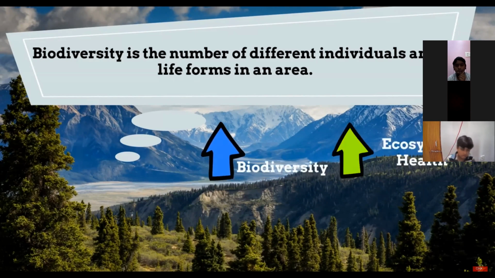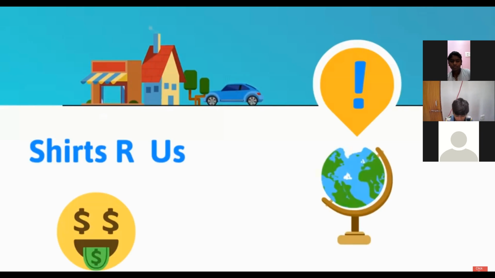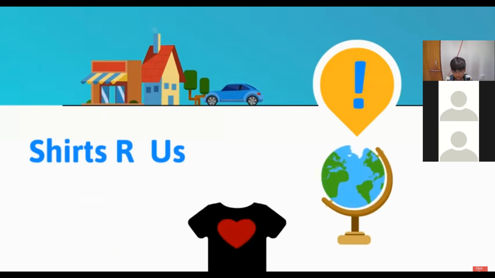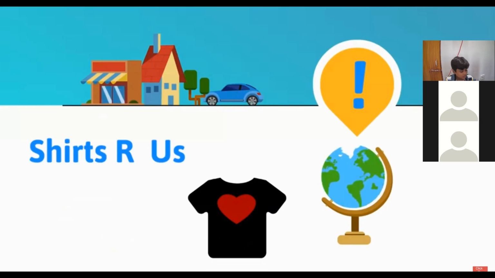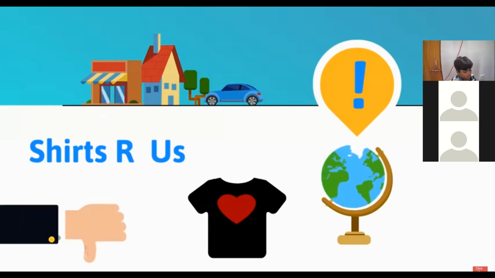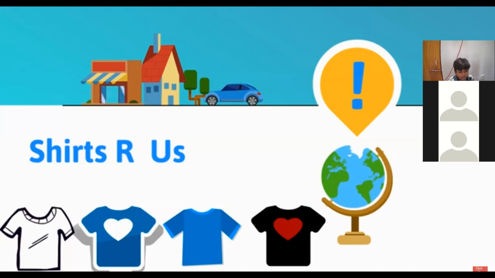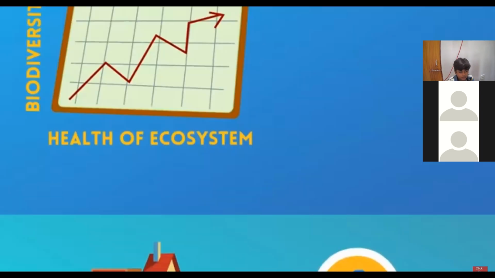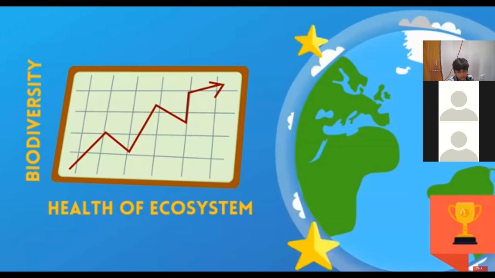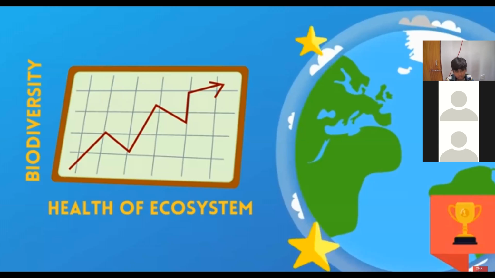Think of it like this. You're running a business. You want your business to be healthy and make money. Imagine you sell shirts. However, you only sell a black shirt with a heart on it. So you're limited. If these shirts go out of style, you're out of business. If you have a variety of shirts, as fashion changes and tastes change, you're better able to adapt to these changes and continue making money. As biodiversity increases, the ecosystem has the ability to adapt to changes, and a healthy ecosystem has a greater chance